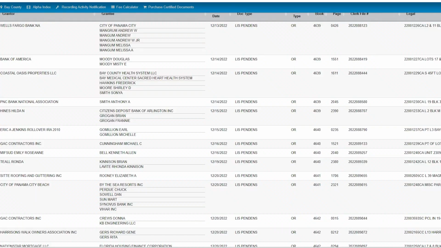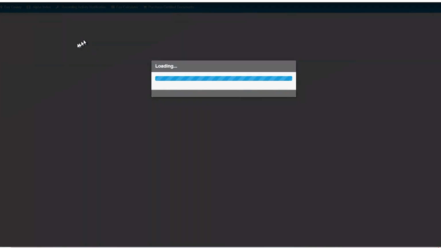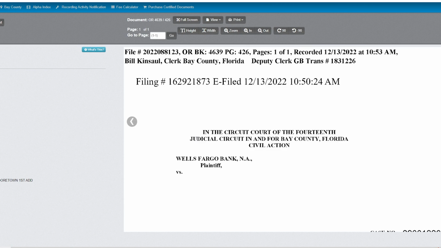Okay, now you know how to look up a property on the foreclosure auction calendar. You also know how to look up lis pendens. So next, I'm going to pick a property and show you how to start the research. The first thing you've got to do is find the address of the property. And the easiest way to do that is go back to your list and pick a property. So I'm going to use this first one here with Wells Fargo. And what I want to do is actually just use their last name first, okay? I'm not going to use the first name because the simpler you keep it, the easier you'll pull up the